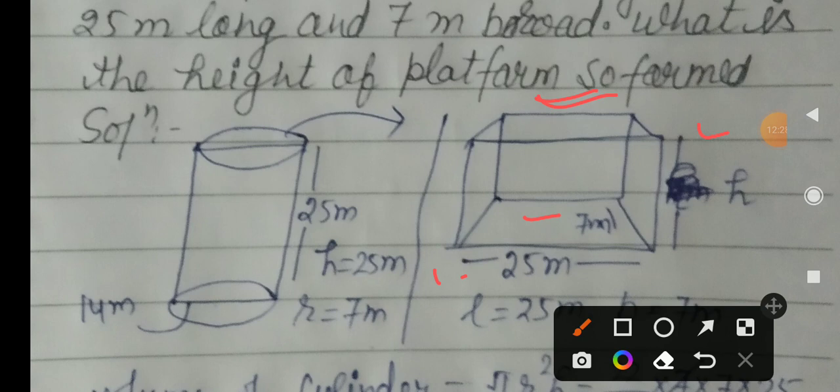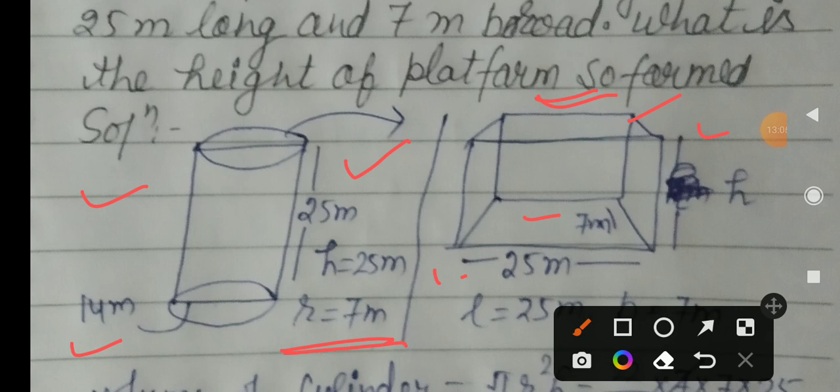And also you very well know that this is your cylinder and the dimension of a cylinder is given here, because this is 25 meter long, that means this is converted as a height. And also it will say that the diameter is 14 centimeter. So you very well know, you find the radius with the help of diameter after dividing by 2. So r is equal to 7 meter. So these dimensions you have, and then you have to find the value of the height of this platform.